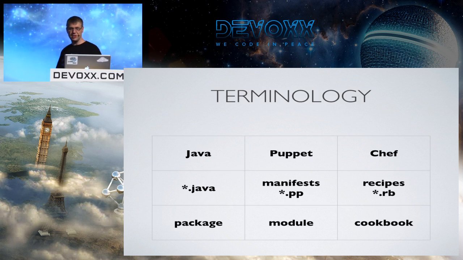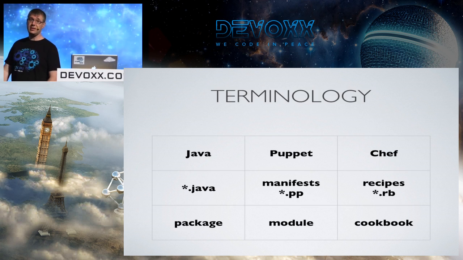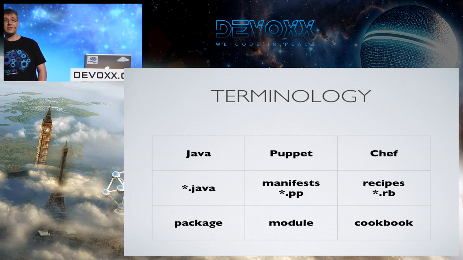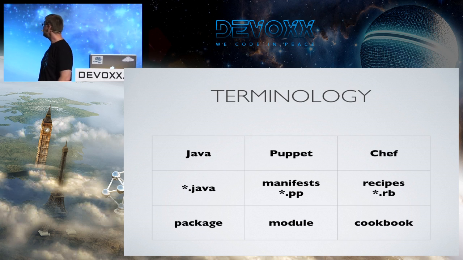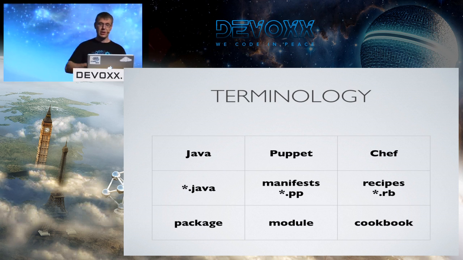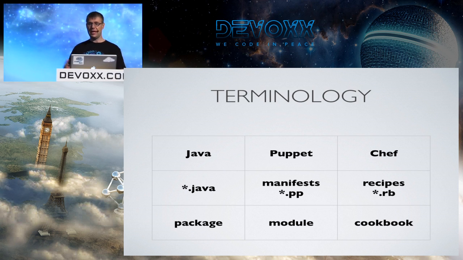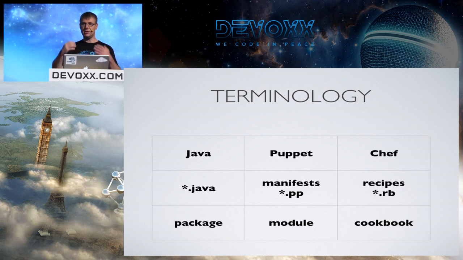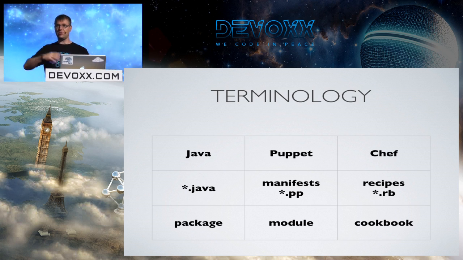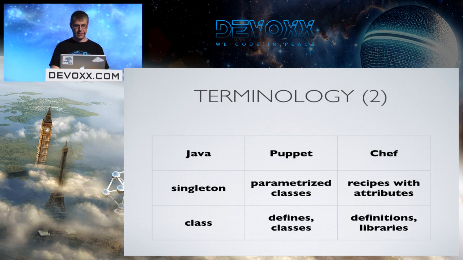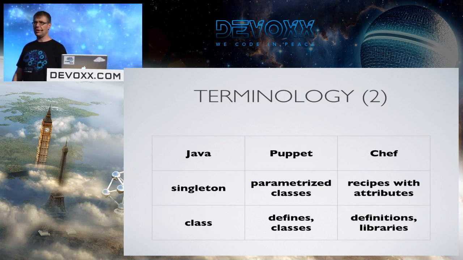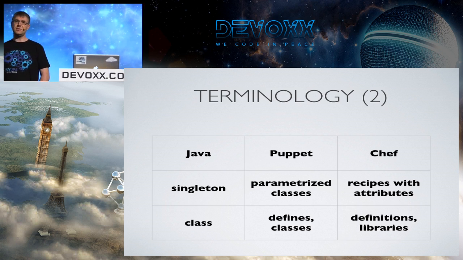The terminology, if I compare it to Java: in Puppet they call the Java files manifests, and recipes is what Chef calls them. If you group them together, in Puppet you would get a module, and in Chef you would get a cookbook. So it's kind of when you translate it from your Java world, like where do I find my stuff, this is how they apply. To make it confusing, Puppet has something called a parameterized class,